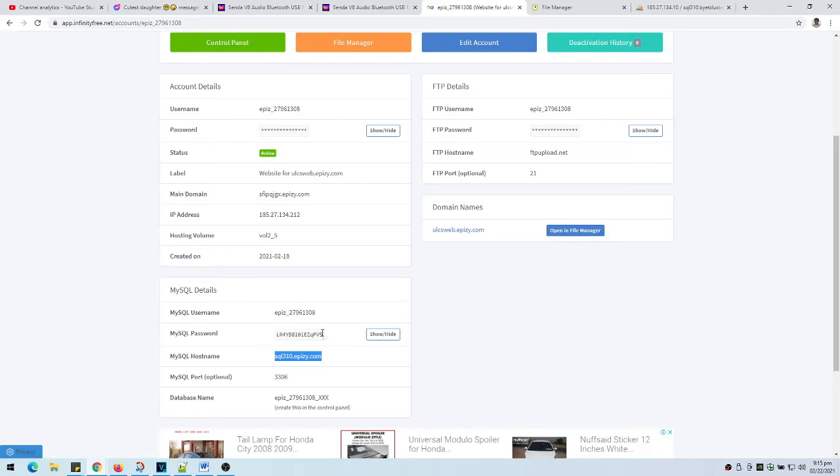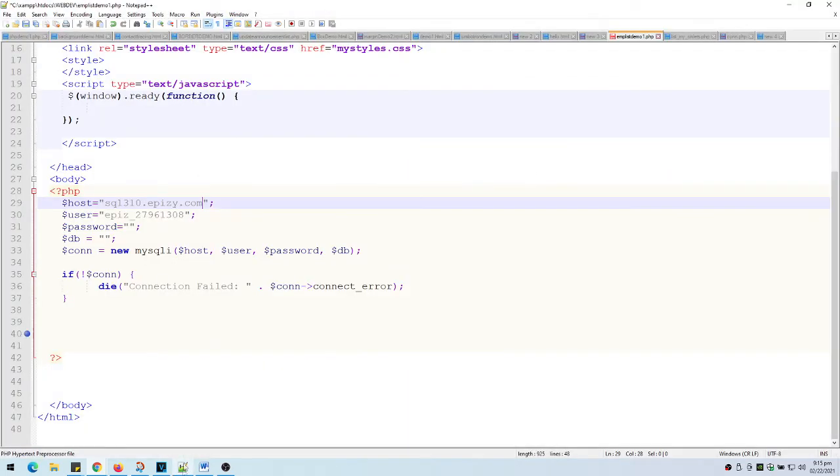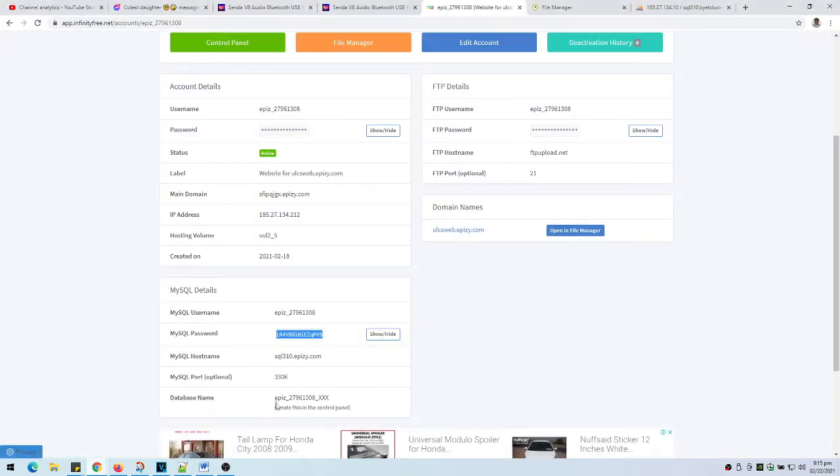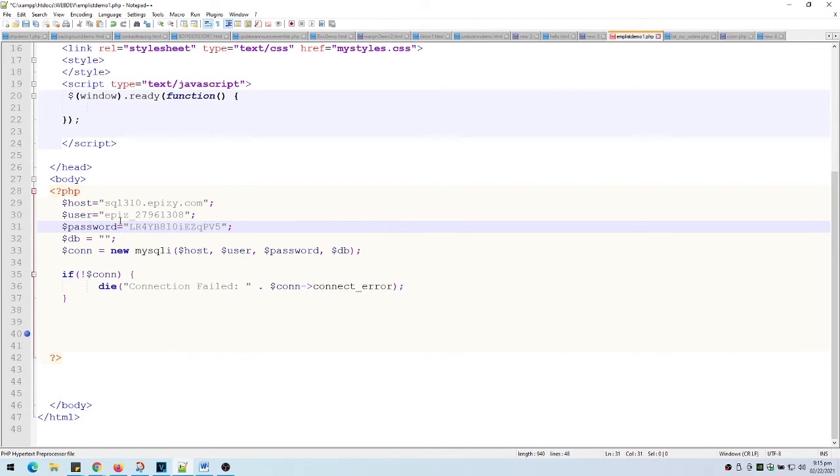So the password. Copy and then paste here the password. And then next is the name of the database. So this is the database. We copy and then we paste. So we now have all of the information that we need to connect to the database that we have created